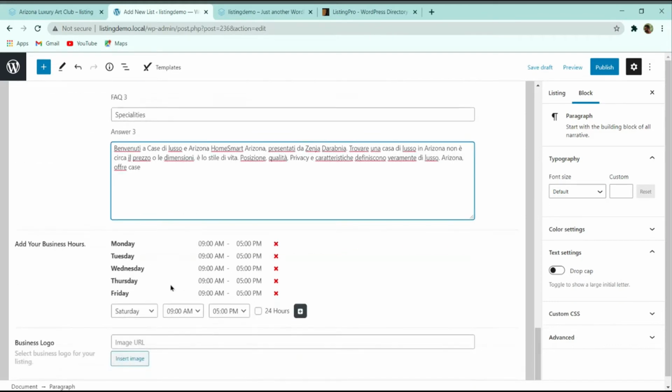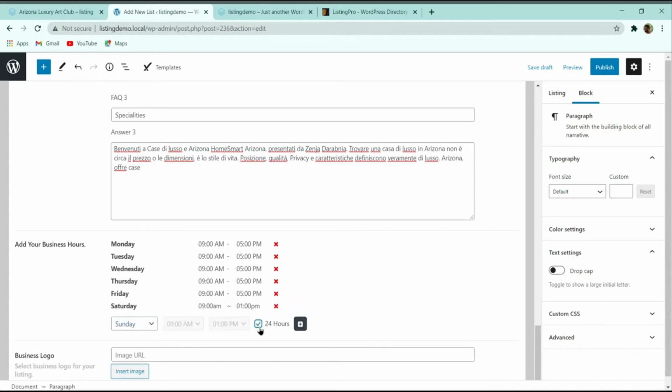And then here you can see that you can add your business hours. So suppose on Saturday you are opening for morning hours only, from 9 a.m. to 1 p.m. So here you can give it. And on Sunday, suppose if you want to add 24 hours opening, then also you can give it. So basically, suppose your shop is opening at 9 a.m., then you can select this 9 a.m. in the morning. And then your shop closing time, if you want to add, or if you are not opening on Sunday, then also you can delete this one.